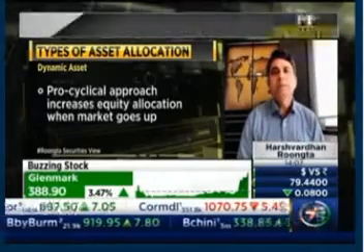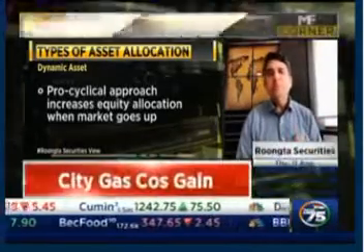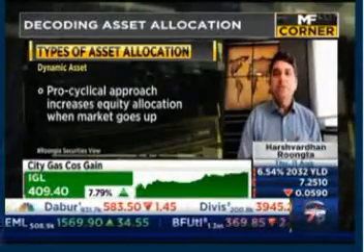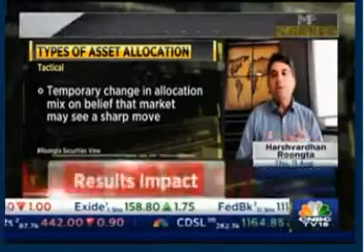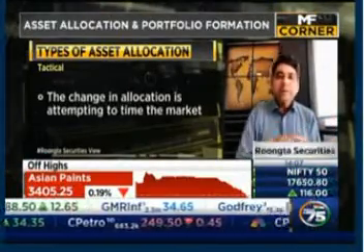There is one more type of asset allocation which probably is more applicable to market experts and those who can time the market. This is nothing but tactical asset allocation, wherein you begin your asset allocation plan with certain allocations, saying X amount in equity, Y amount in debt, and suddenly you feel that there is some kind of upside in the market, there's some momentum in the market, or there's some event which is going to play out, because of which you believe that the markets will either go up or may go down the other way. So what you do is you tweak the asset allocation that you originally started with. Say you started with 60/40. You tweak that a little bit to either increase or decrease your equity allocation, and this is only a temporary phenomenon